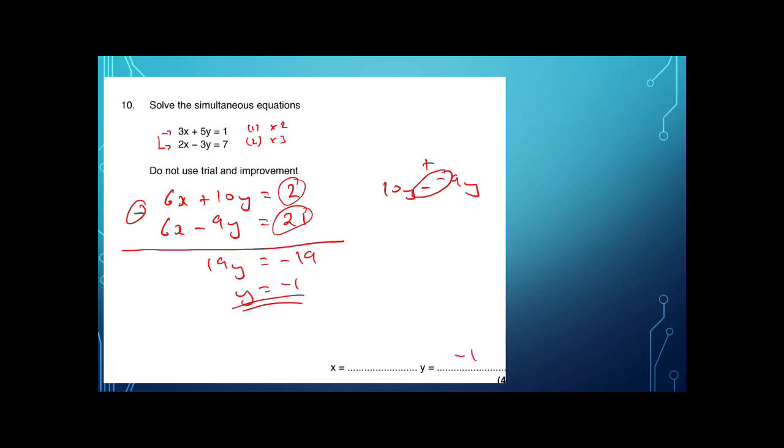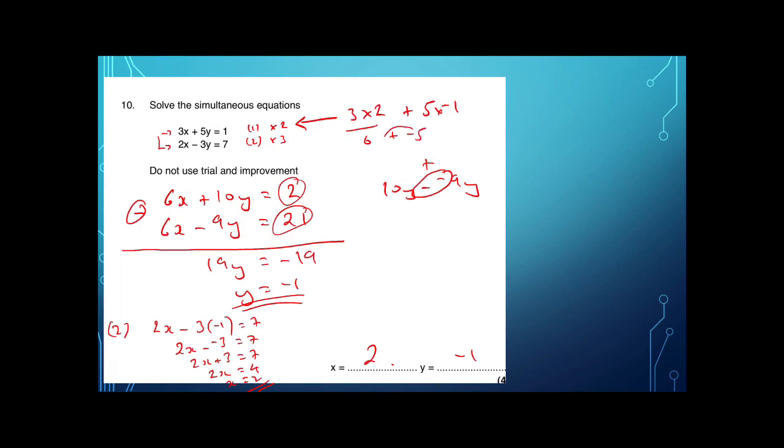Going to use that value of y is negative 1 to find the value of x. I'm going to use equation 2, I think, for this one. So 2x minus 3 times negative 1 is equal to 7. 2x minus negative 3 is equal to 7. So that's 2x plus 3 is equal to 7. Subtract 3 from both sides, and x is equal to 2. I'm going to check that in equation 1 there. So x, I think, is 2, and y is negative 1. That's 6 add negative 5, which is the same as subtracting 5, which